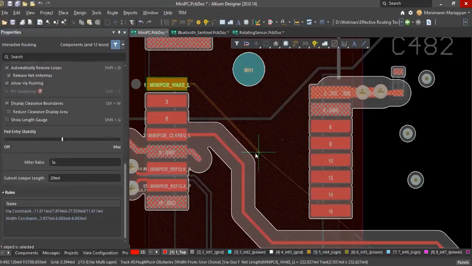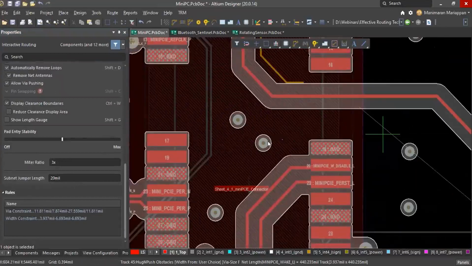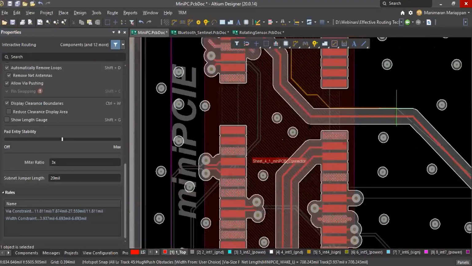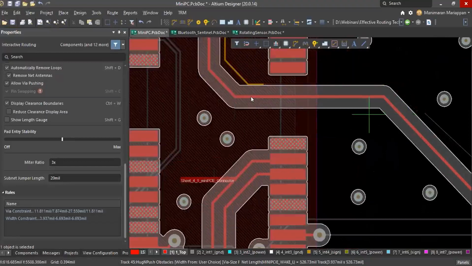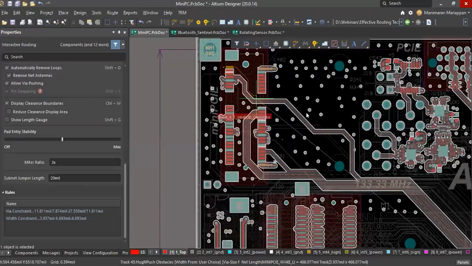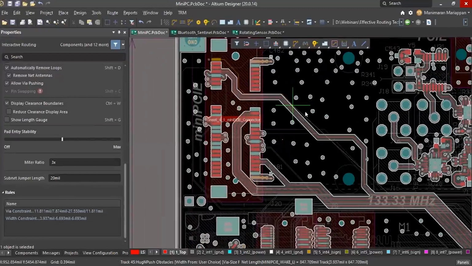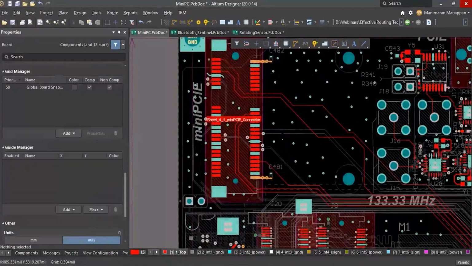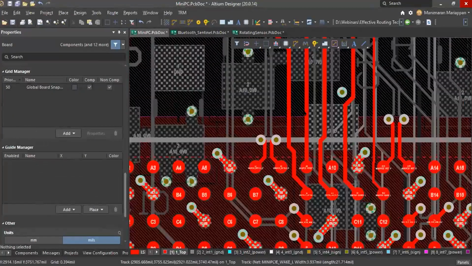So let's complete this. You can use Control and the mouse button, or you can use the Page Up, Page Down button. Suppose this is a lengthy route and I have enough space, you can simply press Control click. It completes the routing, and after that, you can do the cleanup. See, it completed the routing.